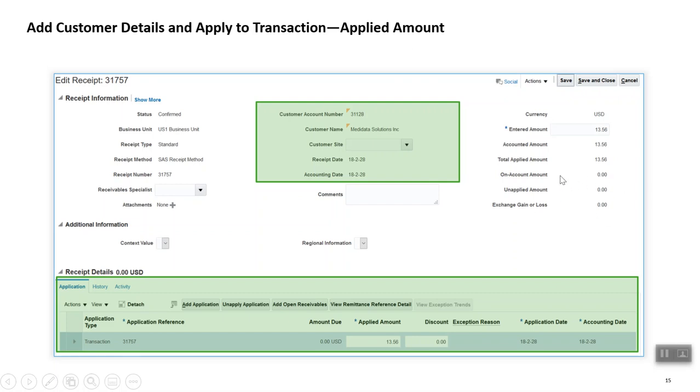Anything that is in unapplied, we can either wait for some other invoices to get created in the system and settle that money against the same customer's different invoice, or we can return that money back to the customer.